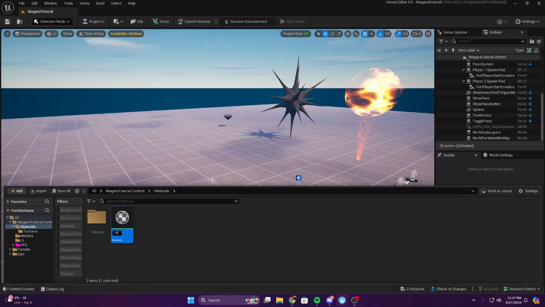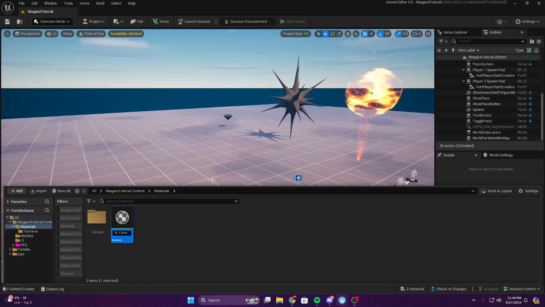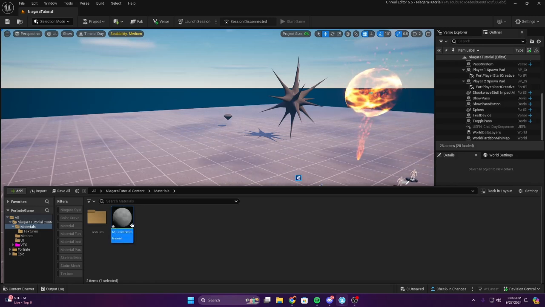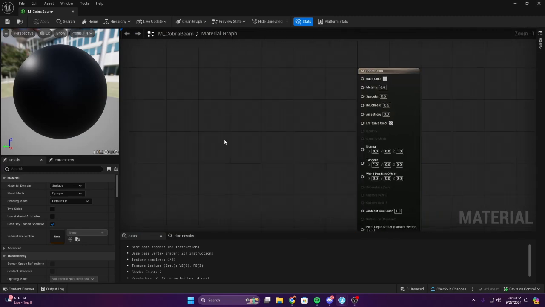We're gonna call this M underscore. Let's find a code name for all these. Let's do Cobra Beam. Oh no, it's a cool name for it. Why not? Alright, so once you open this material, I will say before we get into it,